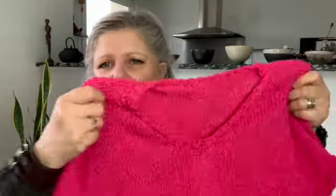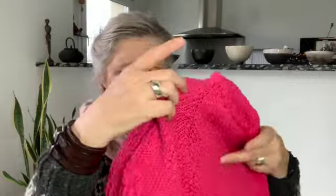I fiddled around at the end of the v-neck. It's not very elegant. It's not very nice, but you can't see it when I wear it, so that's fine. And this one also I wear against my skin, and I wash it almost every time I wear it. It's a denser fabric, so it's not a plain summer type of t-shirt, but you do sweat if the temperatures are a bit higher, and I absolutely do not like